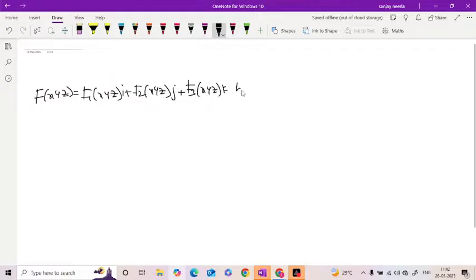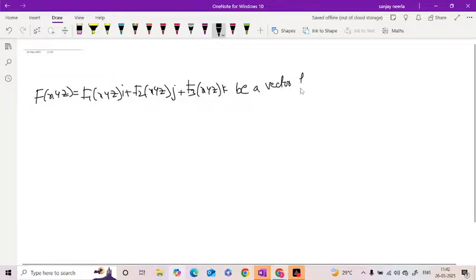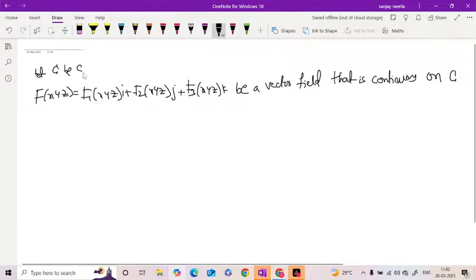This must be a continuous function on C. What is our C? We are assuming C is a simple curve,